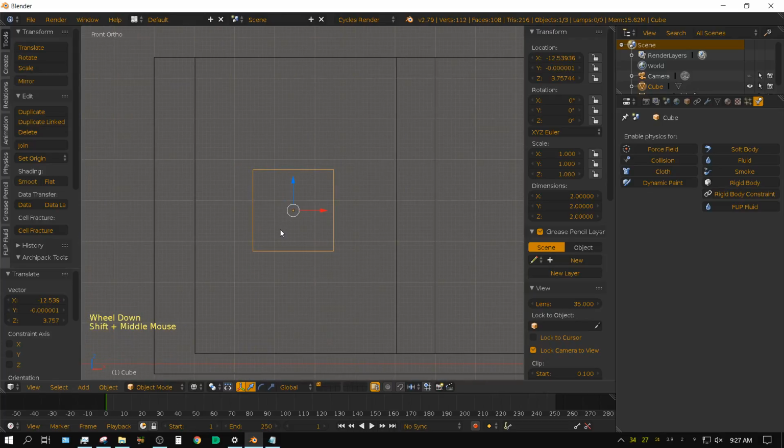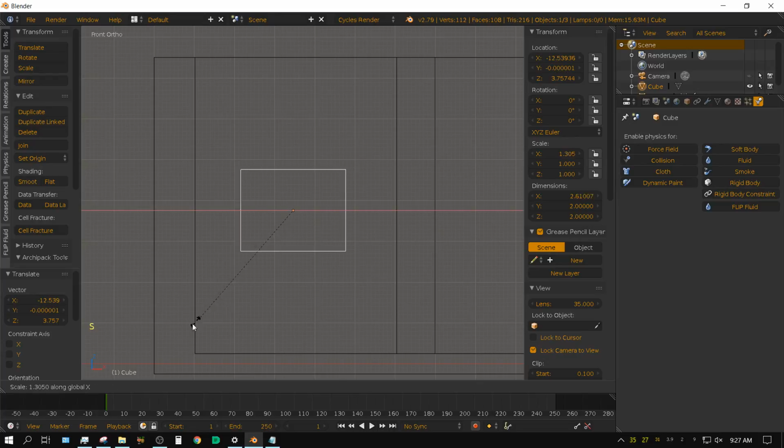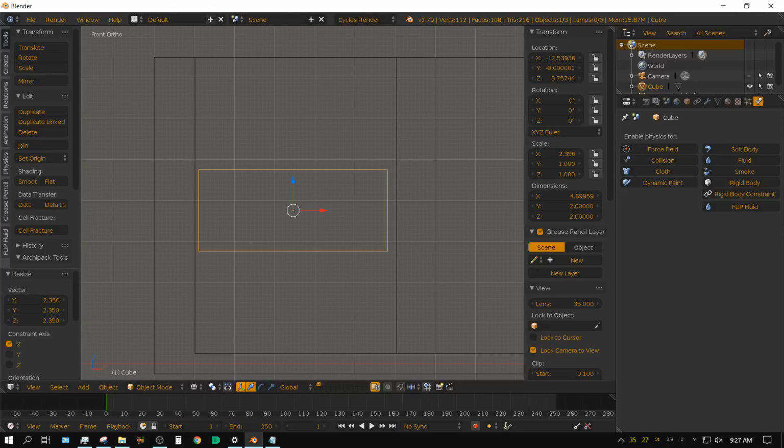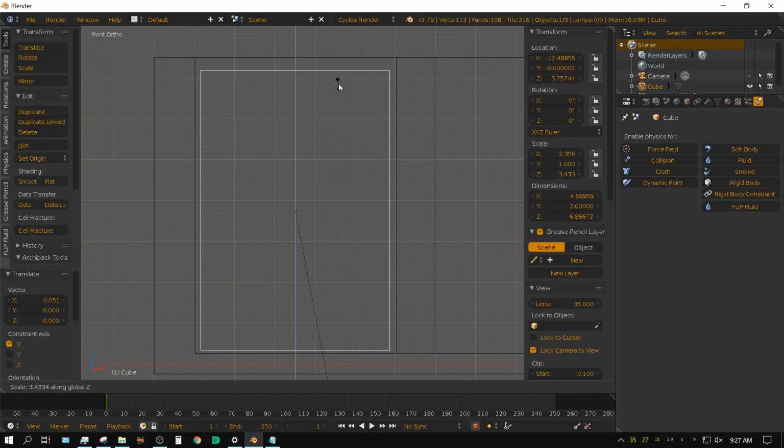Now I'm going to scale this on the x-axis to fill up almost this entire space from here to here. S, X, and that's about right. It's close enough, doesn't have to be perfect.